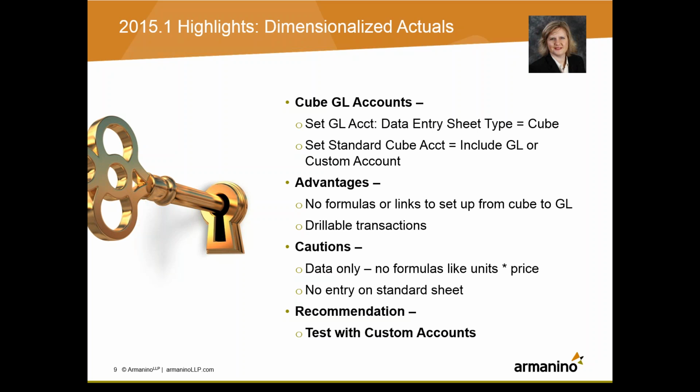Basically, in the past, when we did want to enter dimensionalized data, what we found is that the dimensions didn't line up between actuals and forecast. So you look in your forecast version, you've got your dimension and your splits all worked out, and then you go, oh no, the dimension doesn't really line up in the actuals portion of that forecast. What this allows you to do is enter that data into the cube, and that way you'd be able to see the dimension line up between the actuals and the forecast version. It's a nice little new piece of functionality,